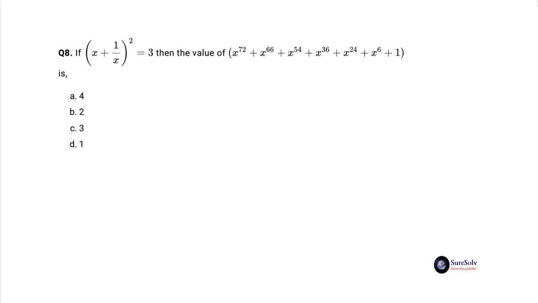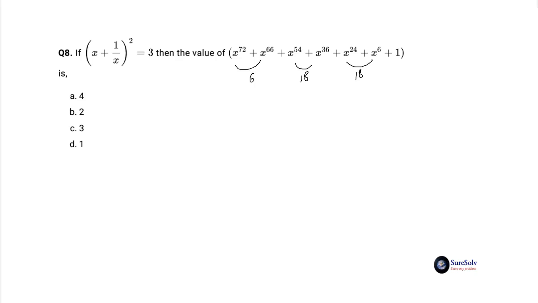The direct expression has 7 terms and the highest power of x is 72. Seems to be a complex problem. There must be some pattern in the expression, and this usually is a relation between 2 consecutive terms. And when we look for it, we find an interesting pattern between each of the 3 pairs of terms.